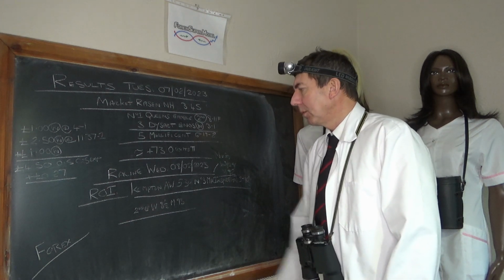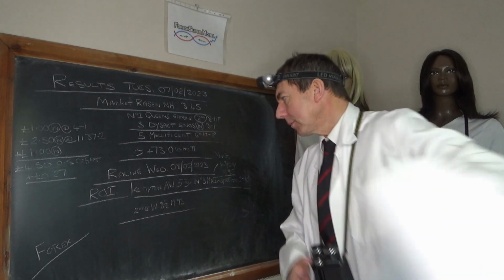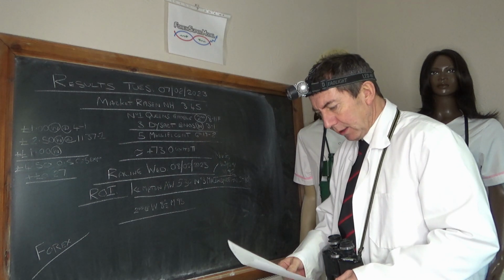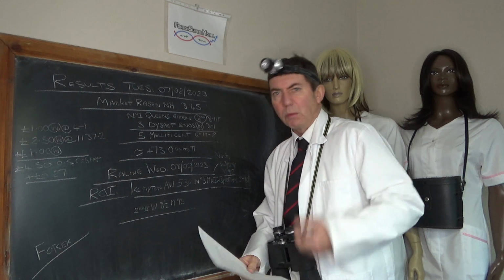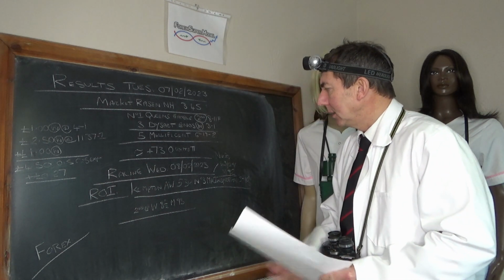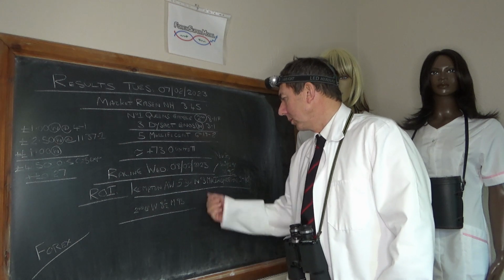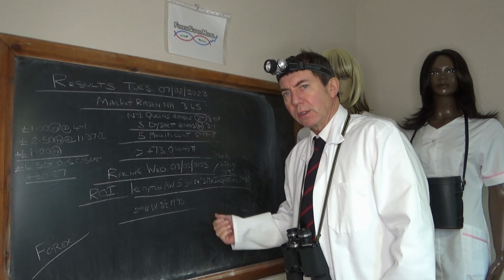Racing today, we've got an ROI, race of interest, and it's at Kempton on the all-weather at 5:30. It's the first race, a novice stakes, class 5, 4-year-old plus, 1 mile 3, 219 yards, so 1 mile 4. Model 92, and there's a really interesting horse in there. The only problem with it is it's seriously odds on. So we've got this number 3, Mr Inspiration. It's a Gosden horse,